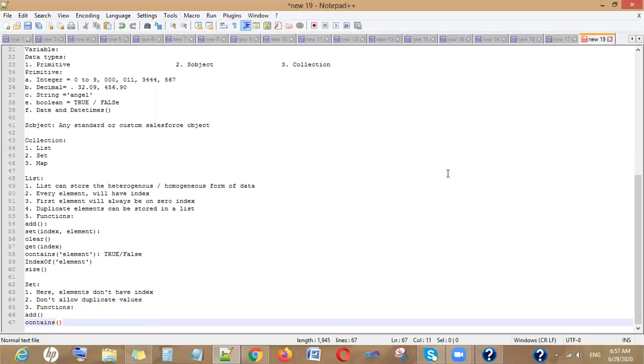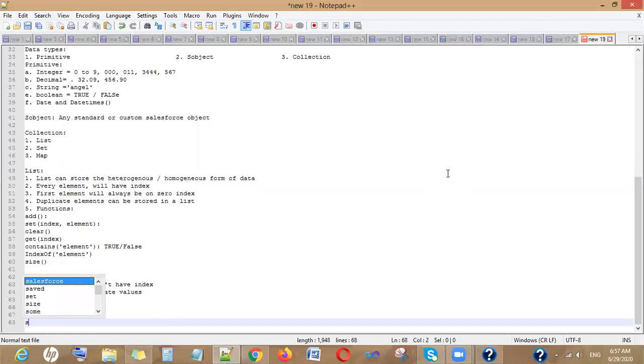Contains, to check whether the element is present in a set or not. So it will return true if we have the element. Size, to check the size of the set. Now, one thing I forgot,